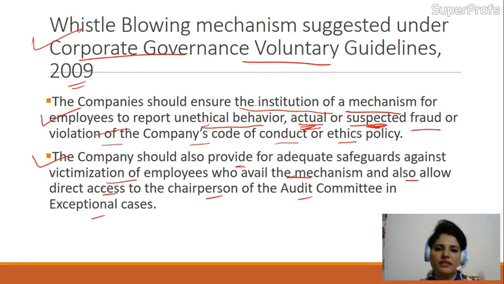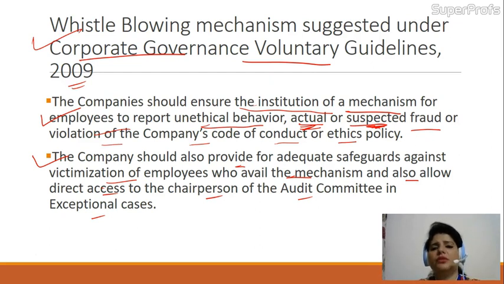So when a person observes that something very wrong is happening, and the wrong has taken a new edge in the company, there is an exceptional and very urgent need for that person to bring the wrongdoing to the notice of top level management. In that case the person can even gain direct access to the chairman of the audit committee. So that was the whistleblowing mechanism